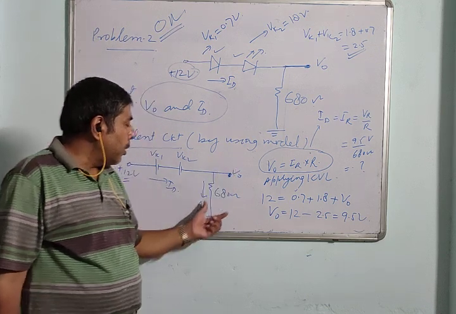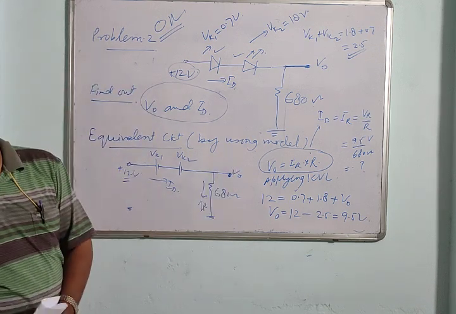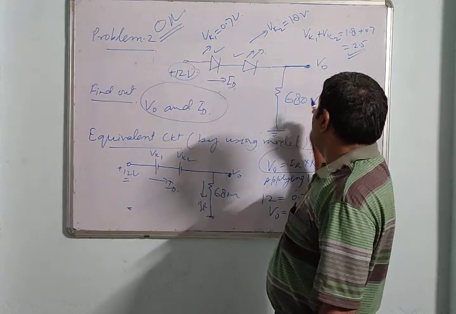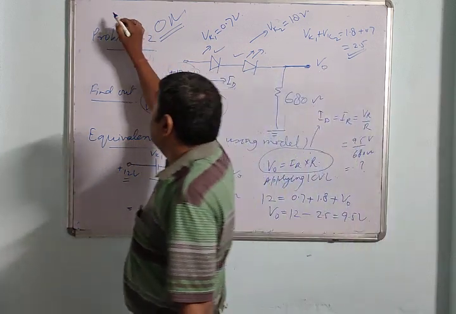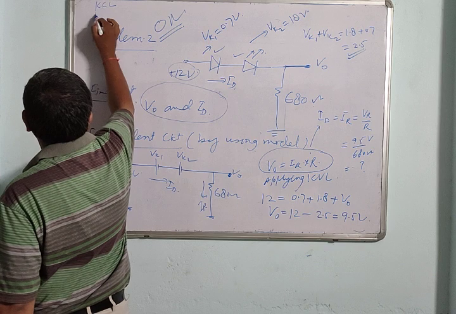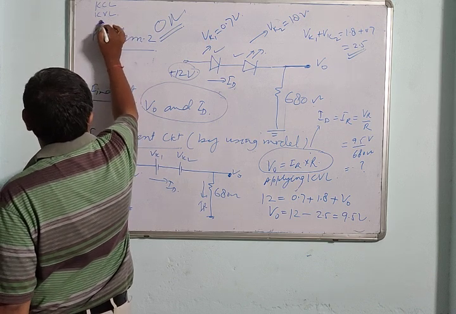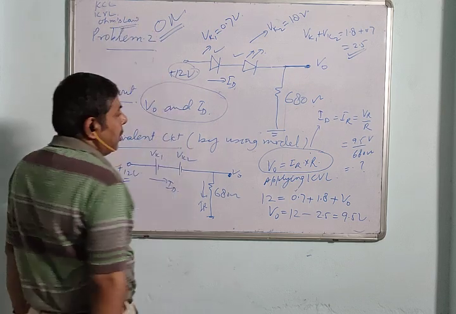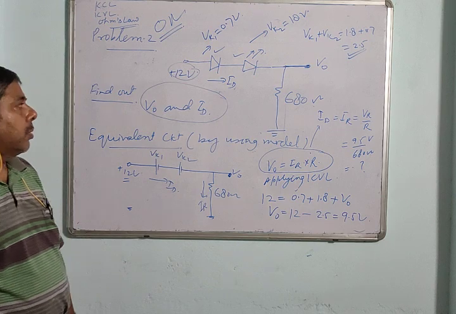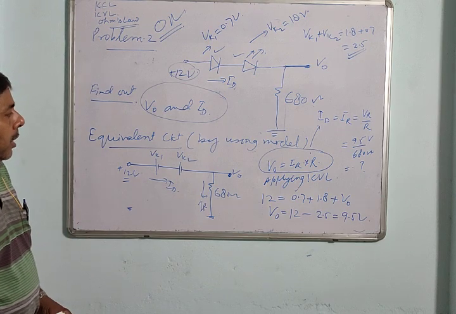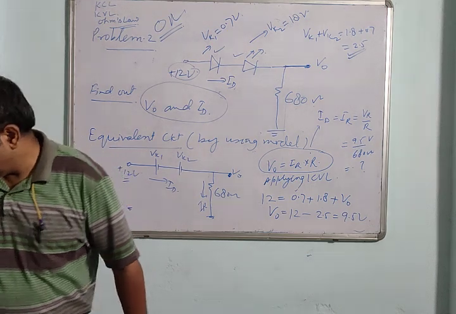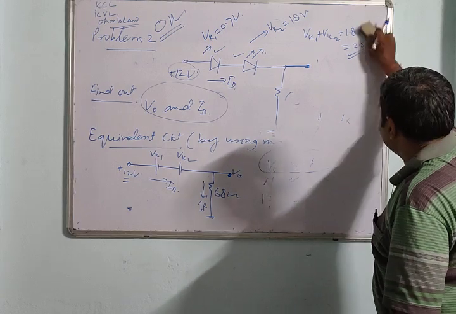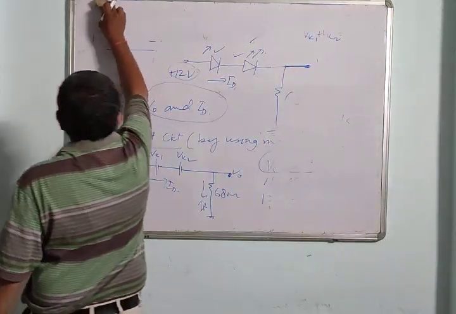So now we can calculate by using circuit rules. So we have three rules. What are rules? First is KCL, another thing is KVL, and one rule is Ohm's law. By using these three rules, we can calculate all these values. So this is the second problem. You can take one more problem for series configuration. You understand?